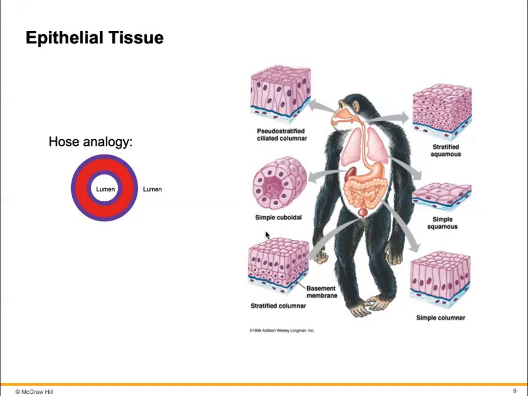Now, the other thing that you'll notice is that there's a shape difference between these. There's things that are listed as cuboidal, where for cuboidal cells, the height from the basement membrane to the apex is about the same as the width of that cell. So it resembles a cube shape. The nuclei of cuboidal cells also look very circular typically. This is in contrast to